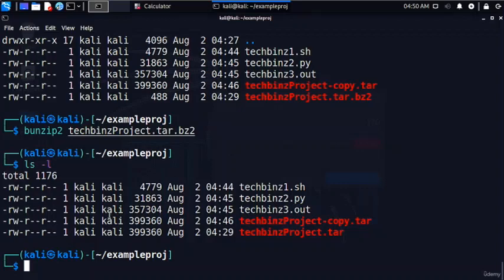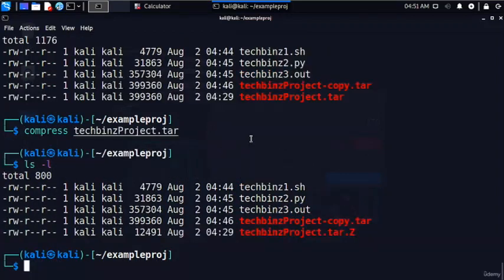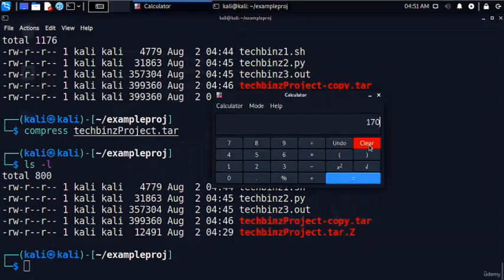So we can use the compress command as well. I want to show you this lastly. You can use compress to compress the file here. This is probably the least commonly used compression utility, but it's easy to remember. To use it, simply enter compress followed by the file name, for example techpins project .tar here, and let's ls -l, and as you can see it's not much compression. As I said earlier,